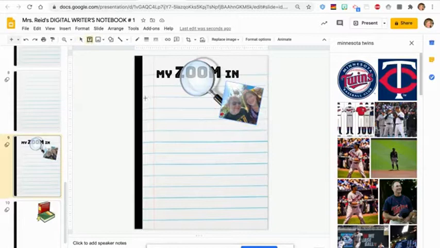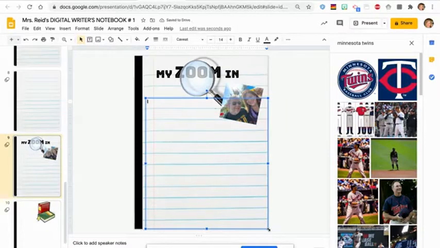So now all of a sudden you have your picture, and then you're going to do a text box because you're going to start writing here. This is a story that you're going to tell. Where are you? Who are you with? What happened? Why did you pick this picture? Photograph. So mine might start, it was a great idea until the geese decided to join us for breakfast. And that timer is going to go on, and I am going to be typing live with my class. So I'm going to type my own story.